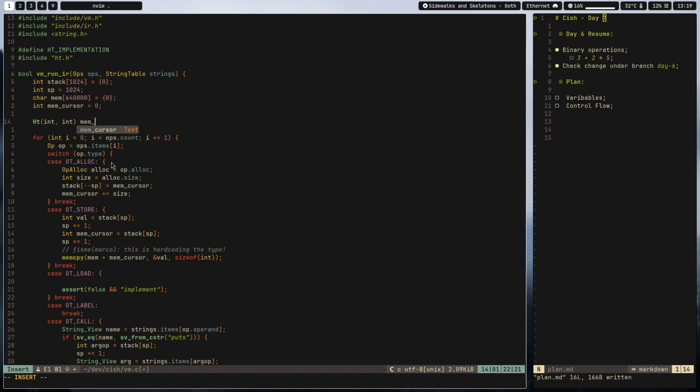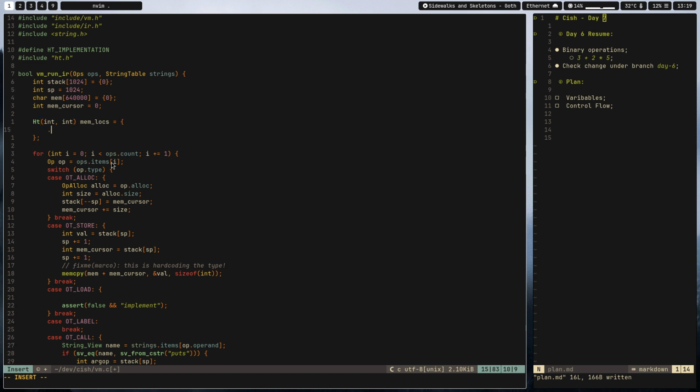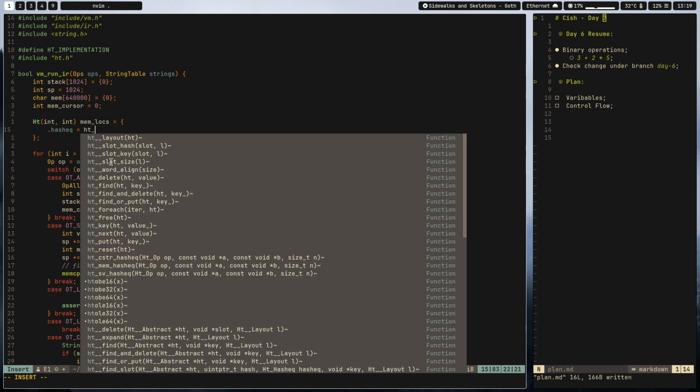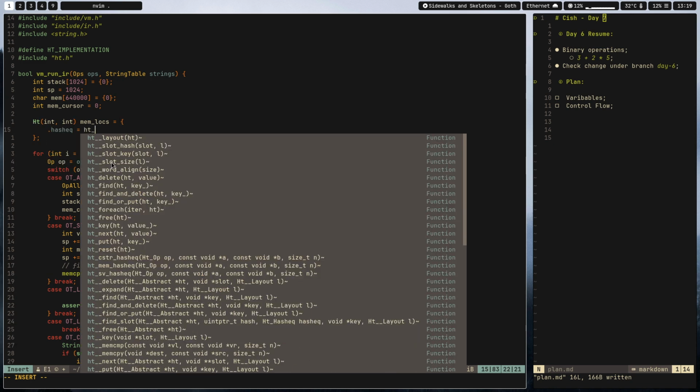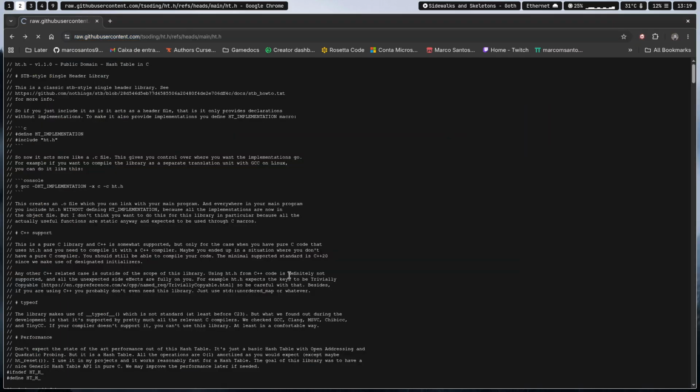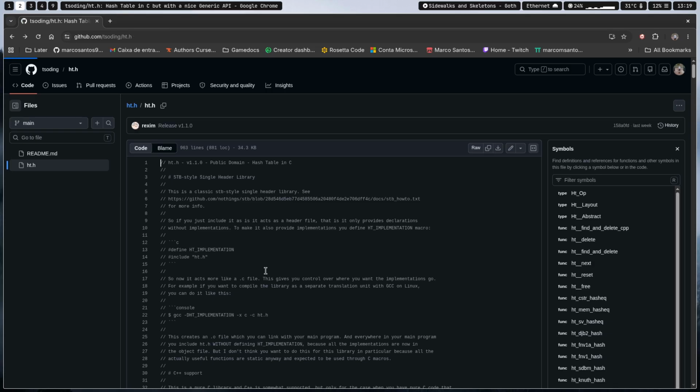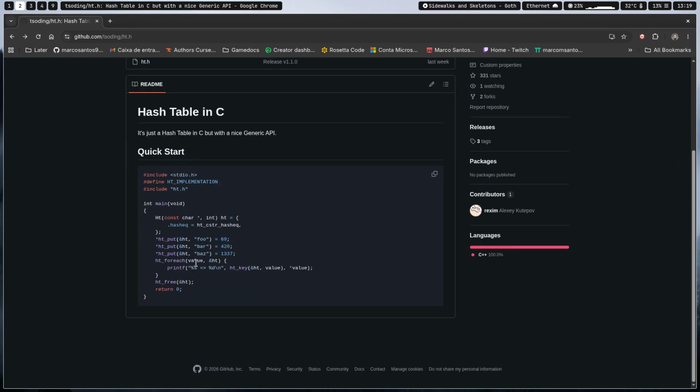M blocks dash equals is ht. So how does it work when trying to get it? Put for each does that. So yeah, but